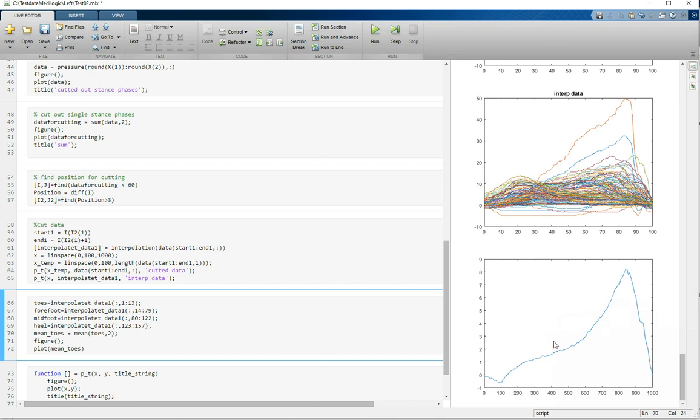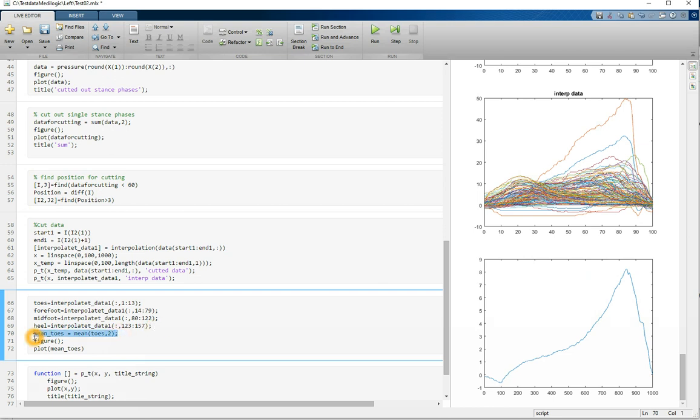As we know from gait analysis, the toes are the last part which is included in the stance phase during the toe off. We can see also the pressure in the toe off in the single sensor data, but now this is for the whole region, the mean of this area, and now we can calculate that for all